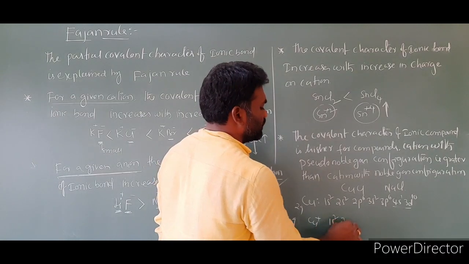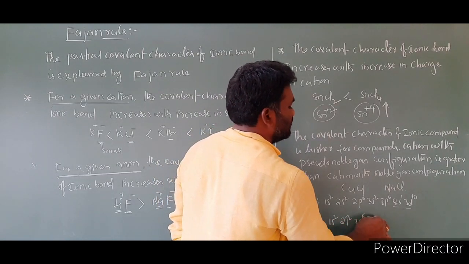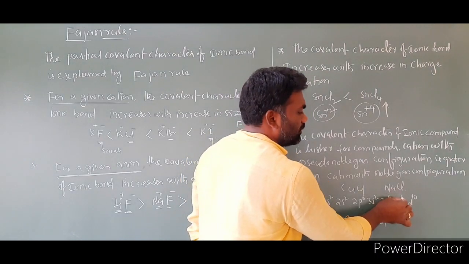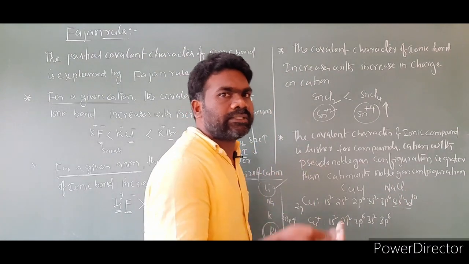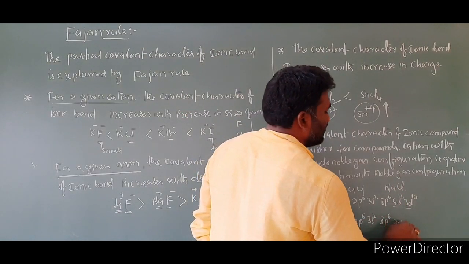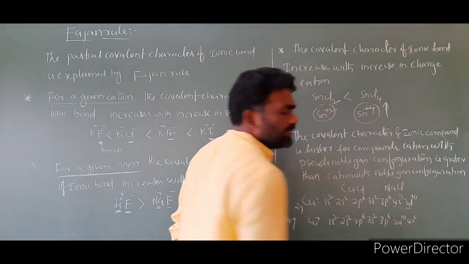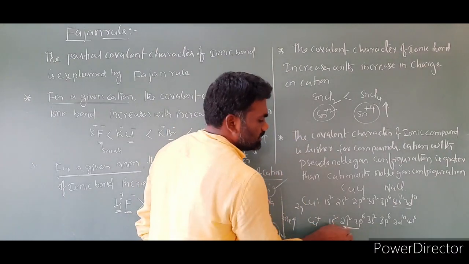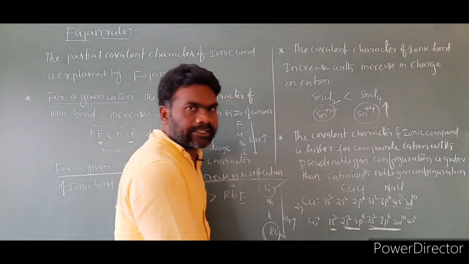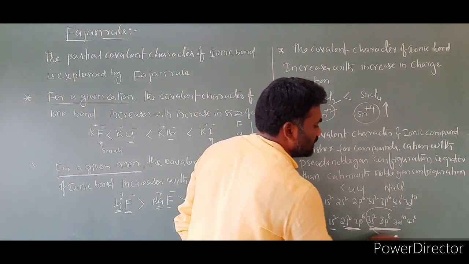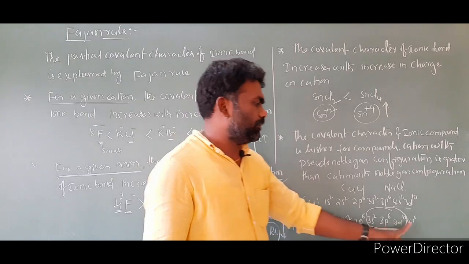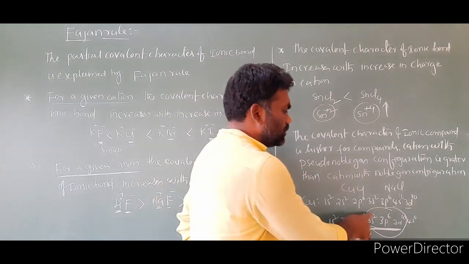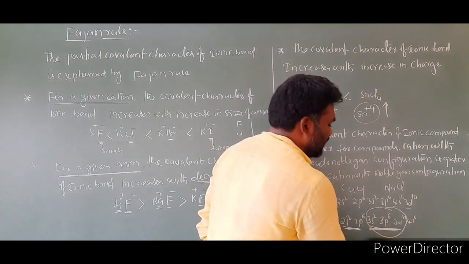So 1s2, 2s2, 2p6, 3s2, 3p6, and we have to remove one electron. That electron we remove from the 4s because 4s is the last energy level. So 3d10, 4s0, I am writing 4s0 at the end. Now look at this configuration at the outermost level. This is the first shell, this is the second shell, this is the third shell. After removing the electron from the 4s, the last shell we have is 3s2, 3p6, 3d10. The total number of electrons in this shell is 2 plus 6, 8, 8 plus 10, 18 electrons.